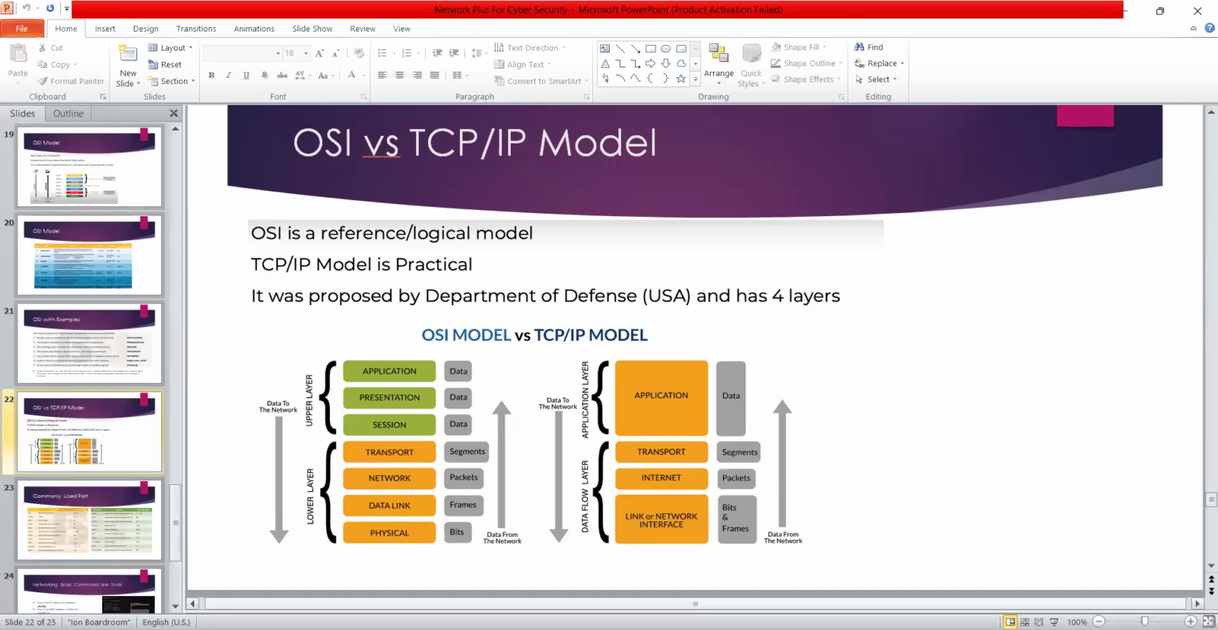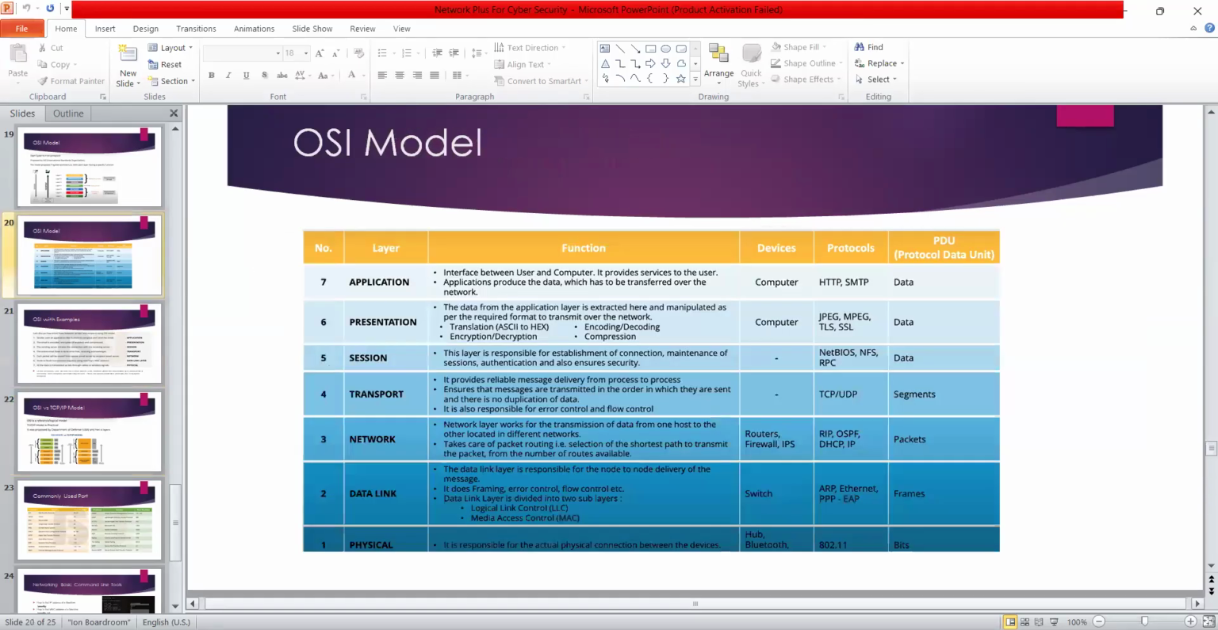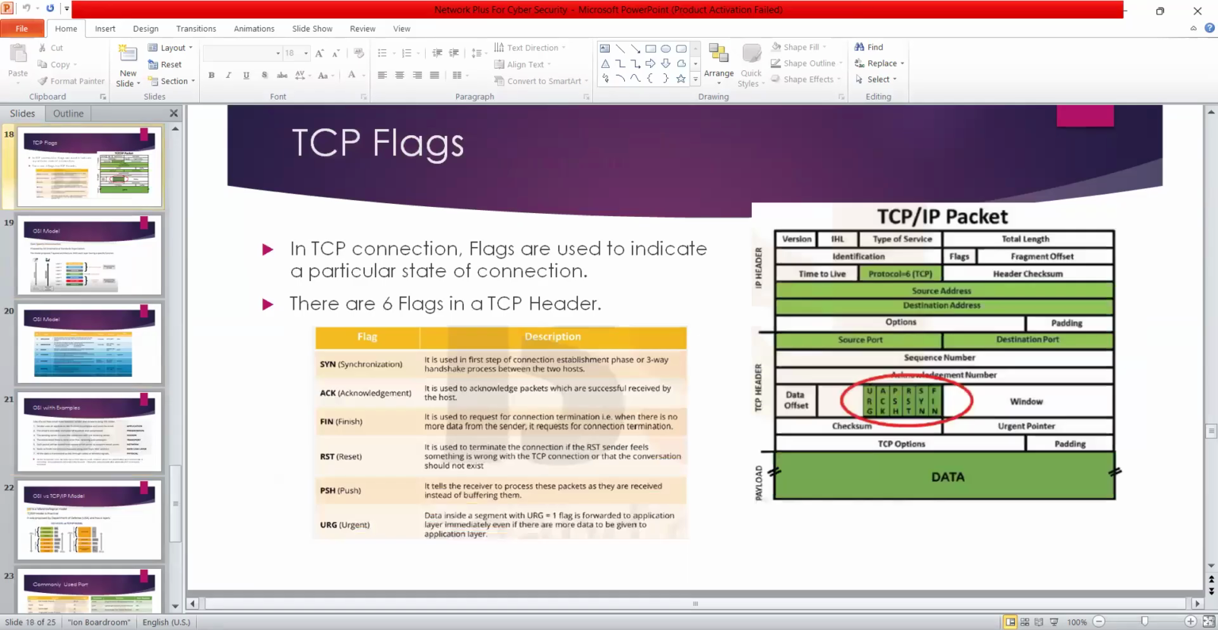ओके ओके, सॉरी टीसीपी ये हमारा ट्रांसपोर्ट लेयर में काम करता है, not in the network layer. So this is the fourth layer of the application. तो ये फोर्थ लेयर में काम करता है as a transport layer. ओके, बाकी